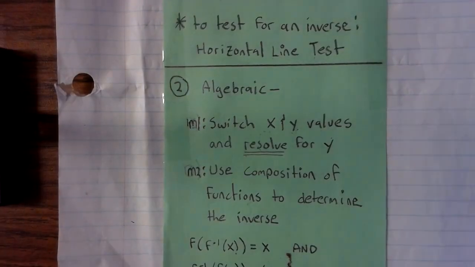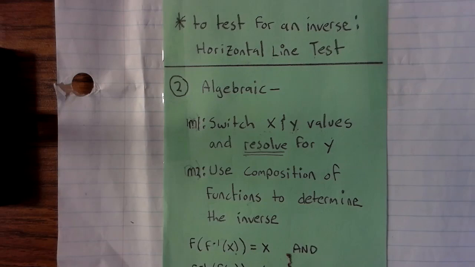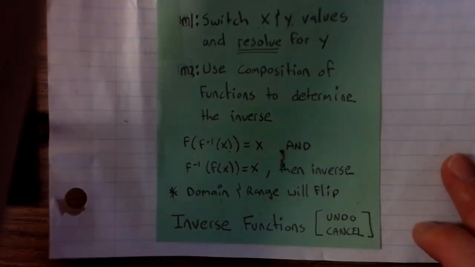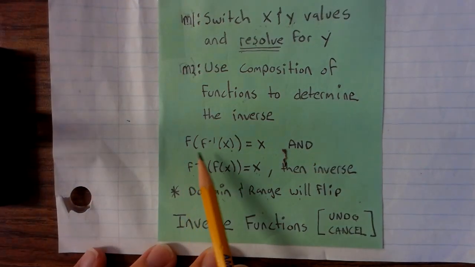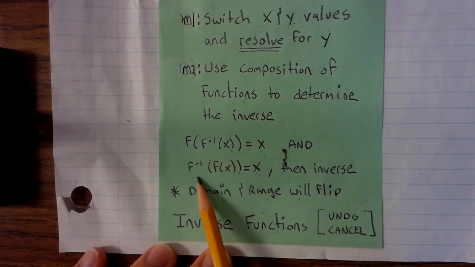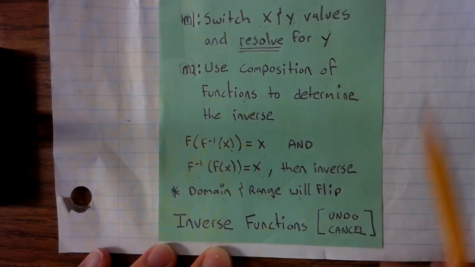All right, number two, algebraic. To find an inverse algebraically, method one, you switch the x, y values and resolve for y. Method two, use compositional functions to determine the inverse. So f of f inverse of x equals x, and if f inverse of f of x equals x, then we know